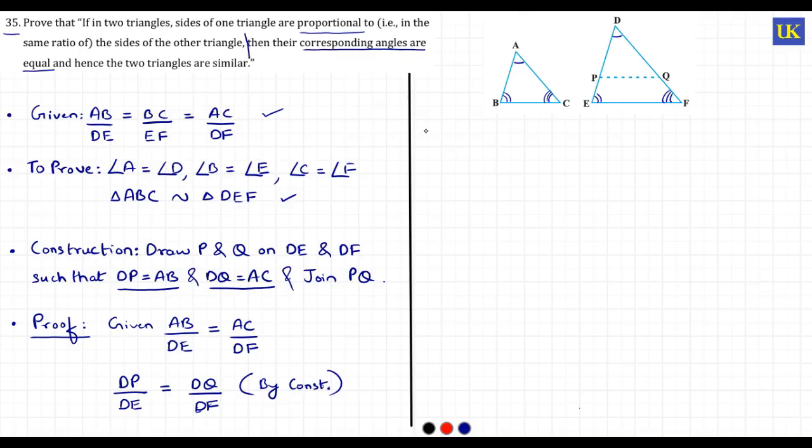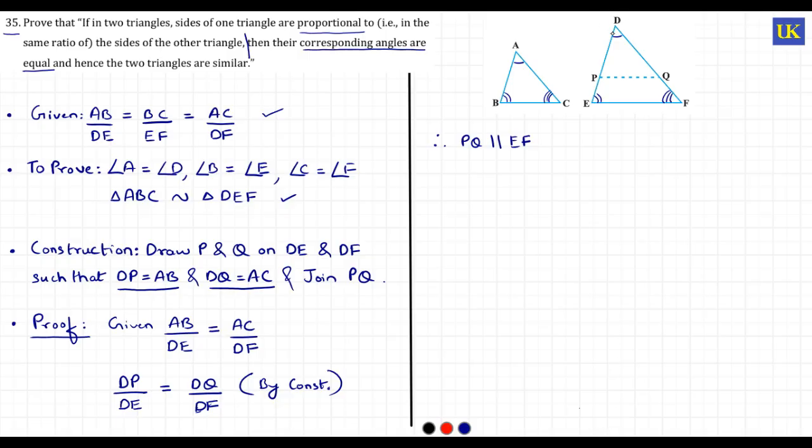Okay, then therefore I can say that PQ is parallel to EF. I can say that PQ is parallel to EF. So I can say that now PQ is parallel to EF, because if I can say that DP upon DE is equal to DQ upon DF,